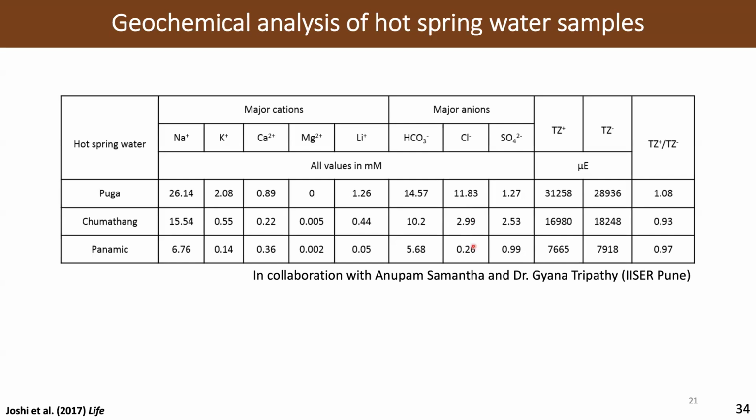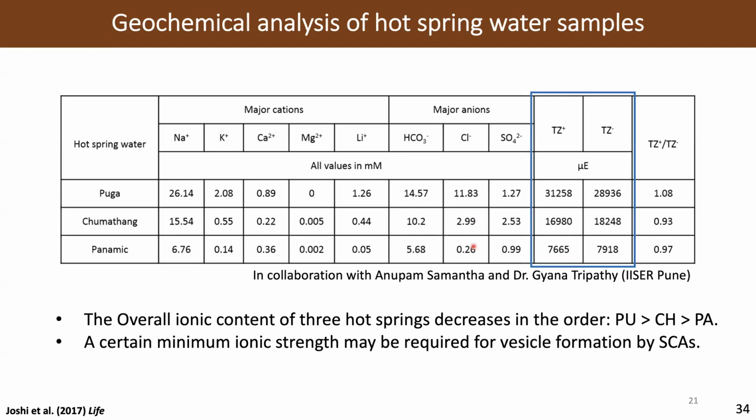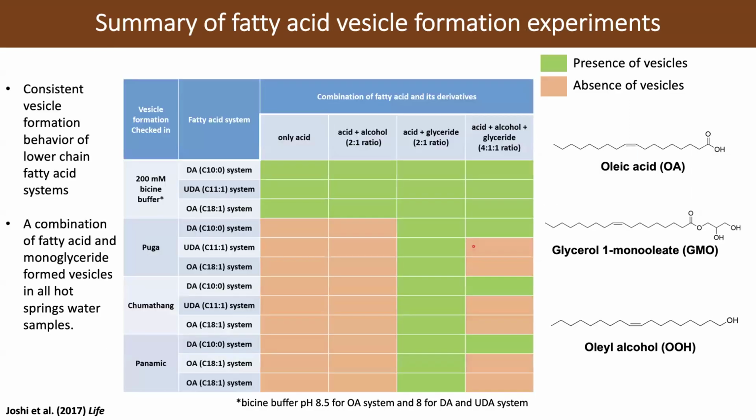What we wanted to know is if the variation in these ionic species had some complications, or implications, rather, not complications. We later on learned that there are complications, but we wanted to know if there are any implications for them to form these bilayered vesicular structures. And we don't need to understand the remaining, but suffice to say that some did much better than the others.